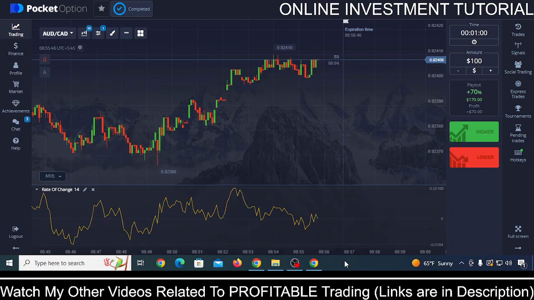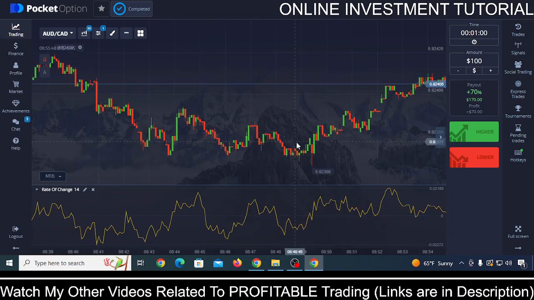Hey guys, I'm back with another simple, easy, and powerful Pocket Option 5-second strategy that you can use right after